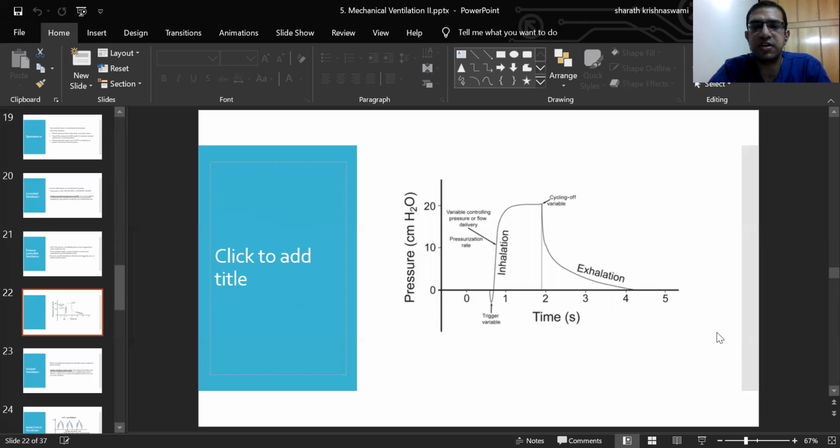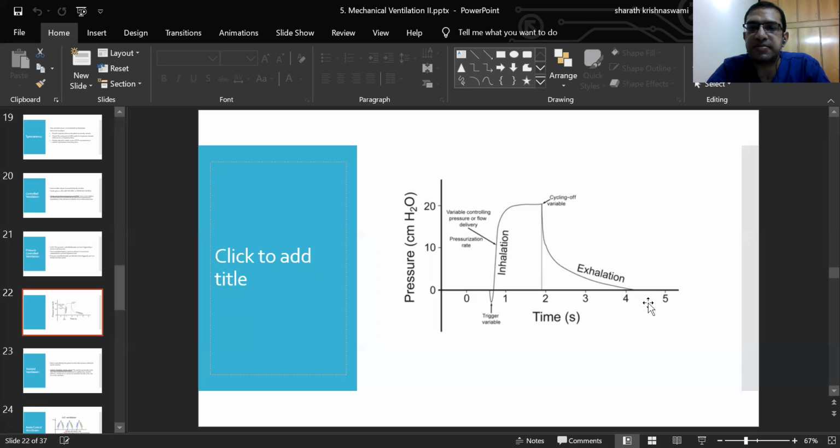So if you look here, where the pressure delivered to the lungs is plotted against the time for which the patient receives a breath, there is a particular trigger variable between 0 and 1. There's a particular pressurization rate which is delivered to the patient. The inhalation is a variable controlling the pressure or flow of delivery. The moment the ventilator stops delivering the breath, that is something known as a cycling off variable, after which the